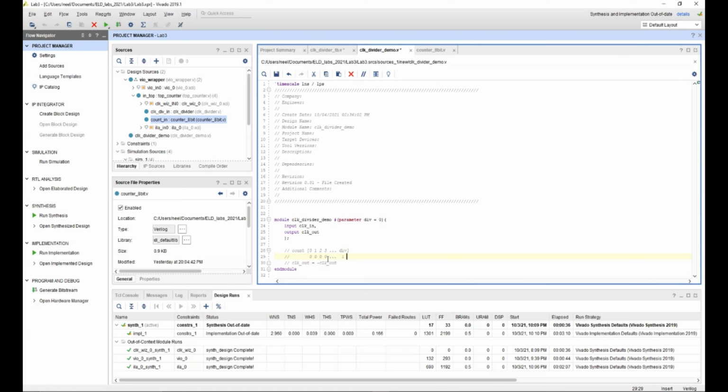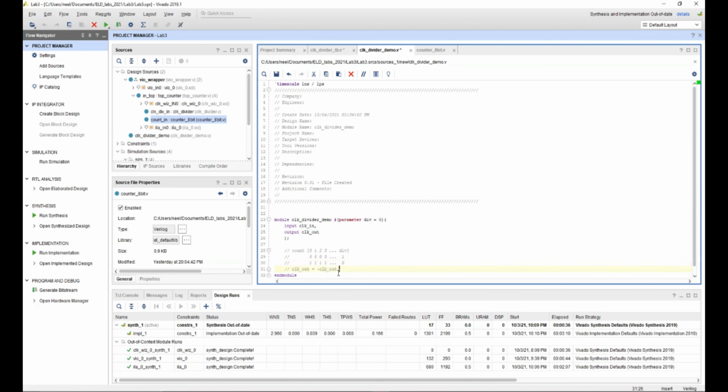And then it will remain 1 until again the count becomes div value. So this is our methodology of how we are doing this. We're counting from 0 to div value, and every time we reach div value, the value of clock out will shift.